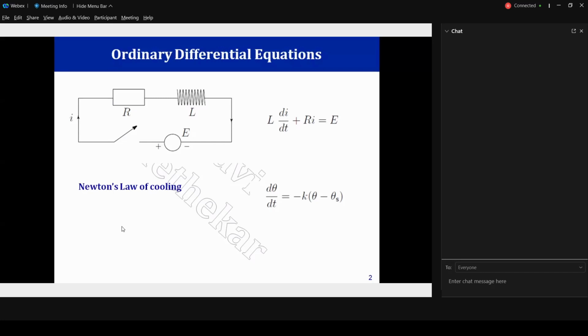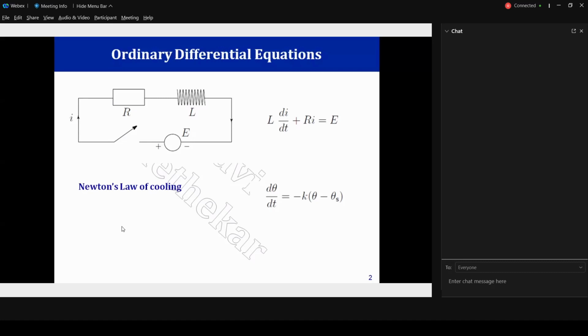If we model a system at steady state, then the change in the state variables is zero. So dC by dt, dH by dt or dX by dt becomes zero, and the differential equation gets converted into algebraic equations. Now, if we have variations in more than one independent variable, for example, time as well as space,